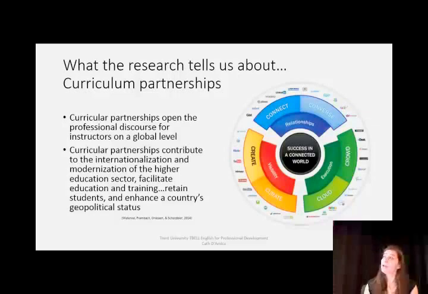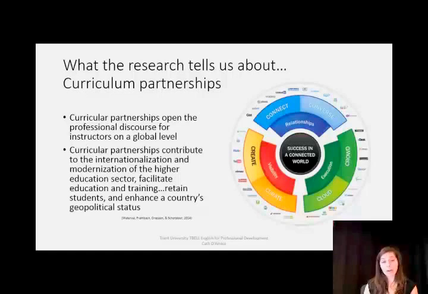And so what we're able to accomplish through curriculum partnerships with TBEL is that it opens up professional discourse on a global level so that instructors can compare their approaches, their philosophies on teaching and learning with their peers and counterparts in other universities around the world, which is a really rich platform for enhancing and evolving as an instructor.